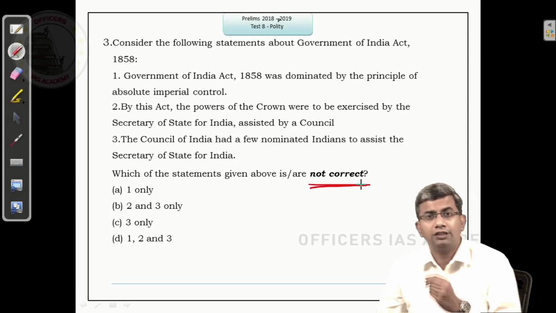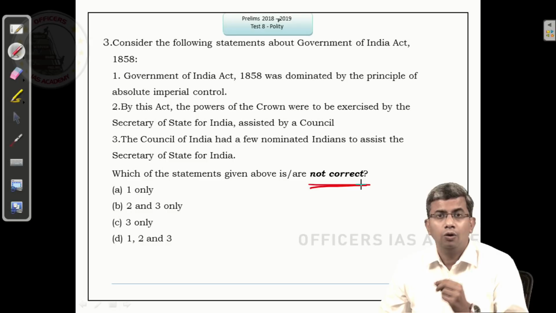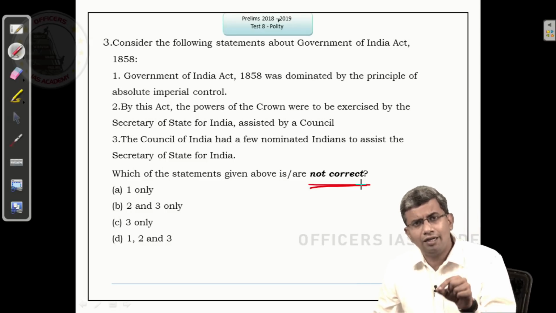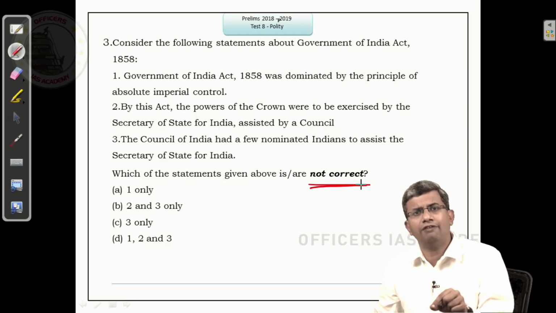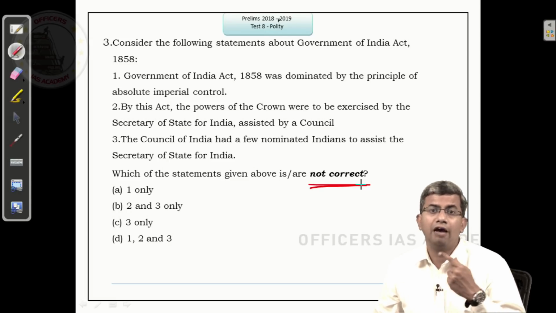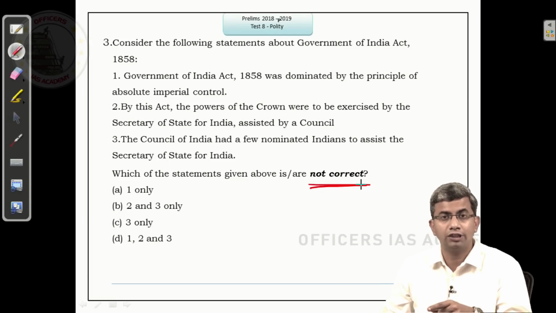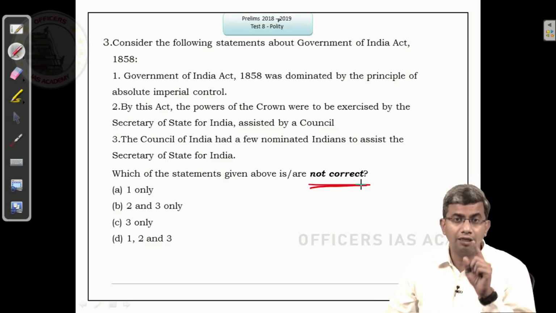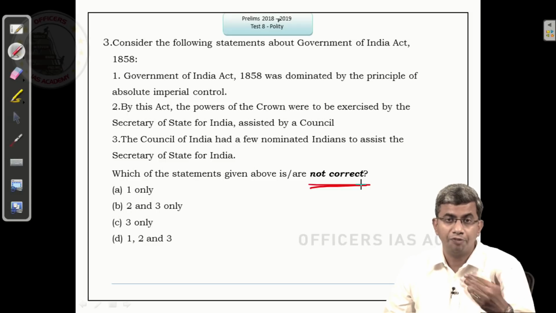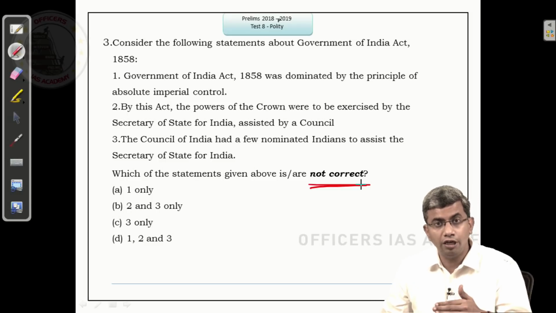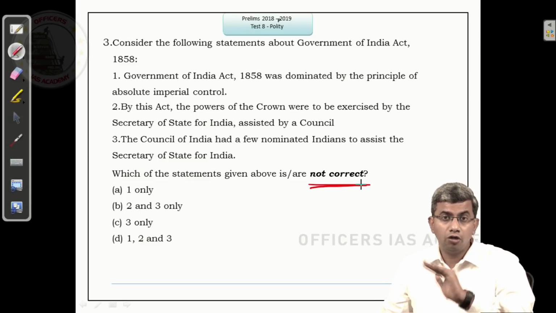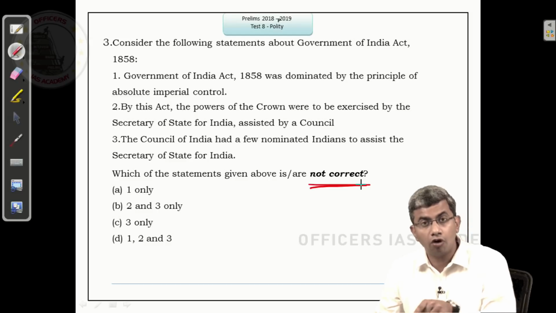So as I told you, even in UPSC, look at this statement first. Invariably, 95% or 97% of the questions will ask only for correct statements in UPSC. But as I told you in the beginning, we will have more questions which ask for incorrect statements, so that it acts as a practice for you, so that by oversight you don't miss out in the actual UPSC exam. So first look at the statement even in UPSC, whether it's asking for correct or incorrect statements, because based on that, subconsciously you will start eliminating the statements. So now it is asking for not correct statements.